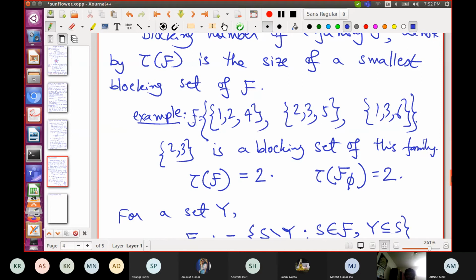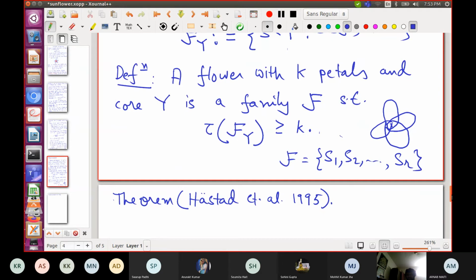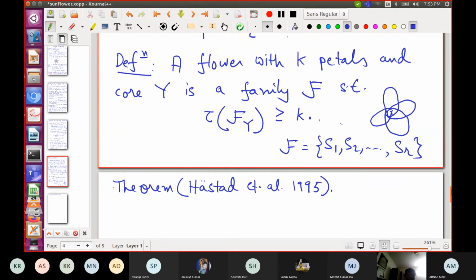That's all. It's slightly funny. But you may think of the elements of this blocking set as petals, because the number of petals is the size of a smallest blocking set. But then 1, 2 is also a blocking set, and there may be multiple smallest blocking sets. I don't have a more satisfactory answer to this question.